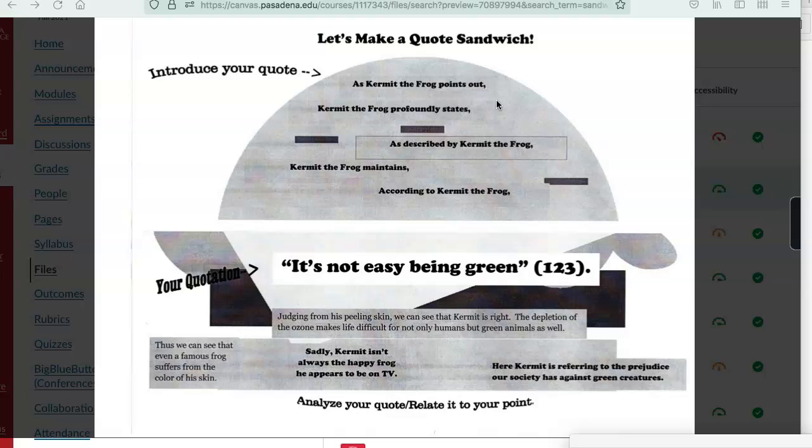So, for example, you might start your paper with, in Mary Shelley's Frankenstein, and then from there on out, you can just use her last name. But if you've never mentioned the author before, use the first and last name. And then every subsequent mention, use the last name. Right? Okay, so as Kermit the Frog points out, Kermit the Frog profoundly states, as described by Kermit the Frog,